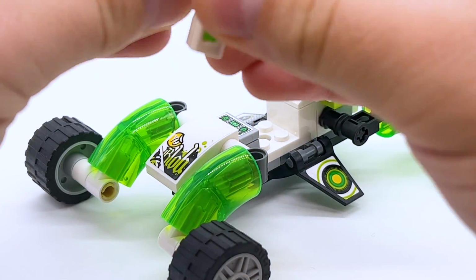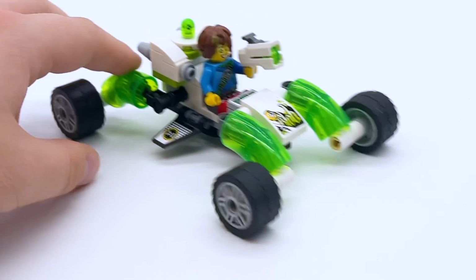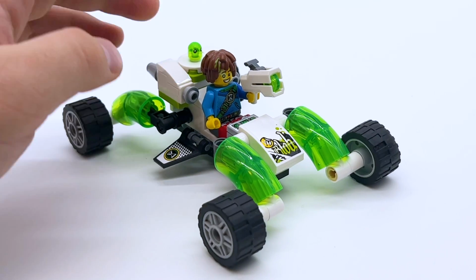Of course, we have a seat for Mateo right here, so I'm able to sit him down, plop him in. He can hold his stud shooter while he's driving the car, but there's not much else to show here. There's what the underside of the car looks like. So for a little $10 car, I think it's solid, nothing all too crazy, but I think it's fun at